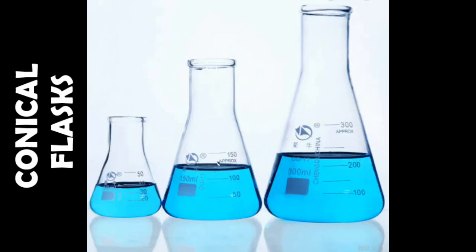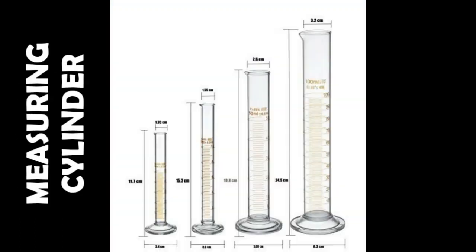Next, go to the conical flask. This is also known as the Erlenmeyer flask and also the titration flask. Means it is mainly used in the titration process also. And it is mainly used for holding liquids and mixing them by swirling. Nothing but rotating purpose. Means by rotating way the liquids may get mixed properly.